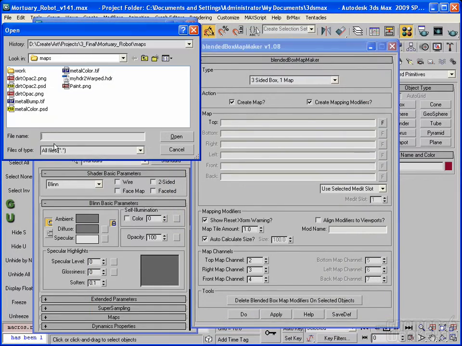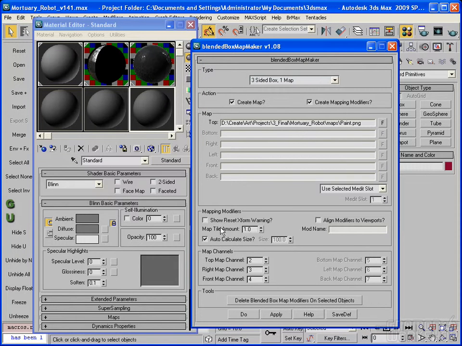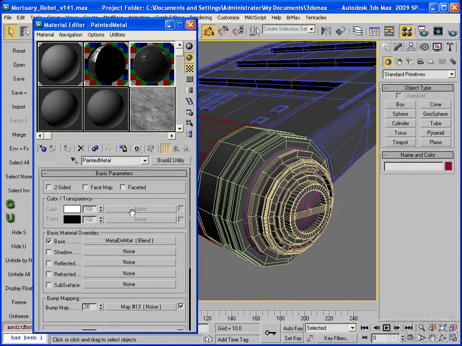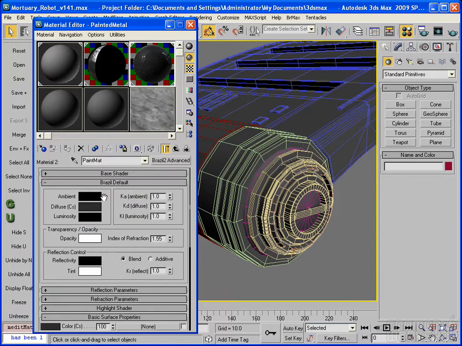Okay, so now back in here, I'm going to use that paint and create a blended box map for that map. There you go. Now in the paint,